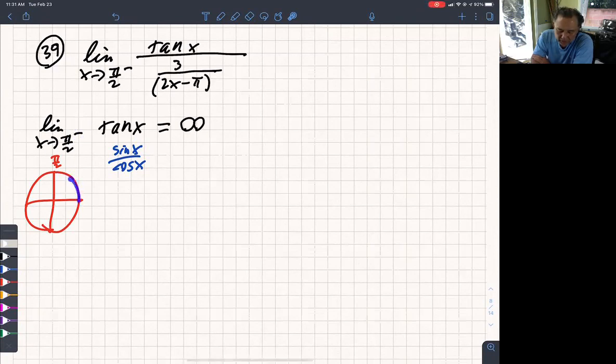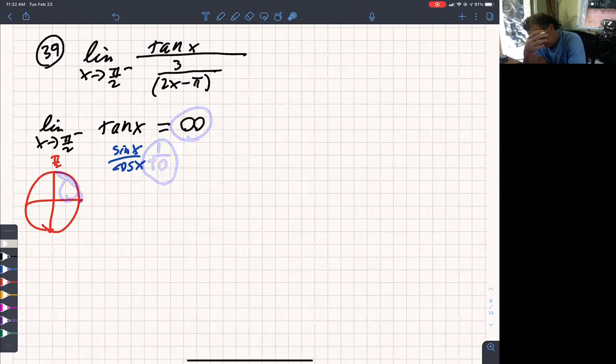As I approach here, the sine approaches 1, so the top approaches 1. The bottom, cosine, approaches 0, because the cosine of pi over 2 is 0. But it's approaching from positive values. The cosine in this quadrant is positive, so you're approaching 0 from positive values, so therefore a constant over 0 in a limit approaches infinity. So that is that. Then the bottom,